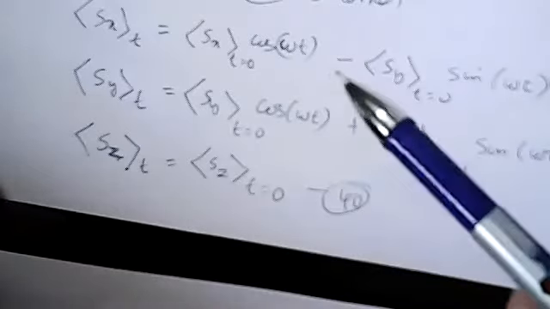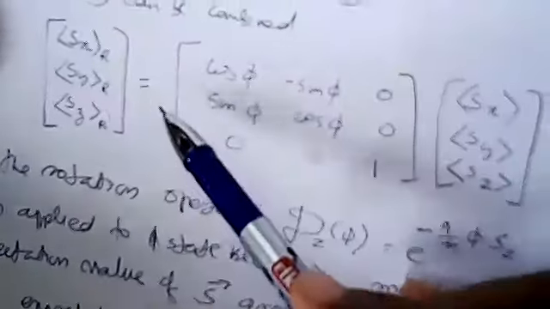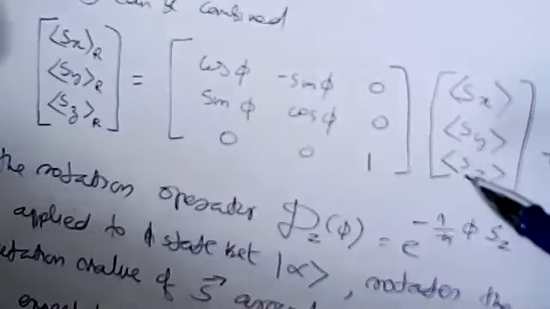Substitute phi equal to omega t, and change the final state and initial state to r of t and the initial state to t equal to 0. Instead of this, you can consider the matrix which I have written earlier. Last day we wrote this matrix for the expectation value after rotation. This is an orthogonal matrix acting on the initial expectation values.